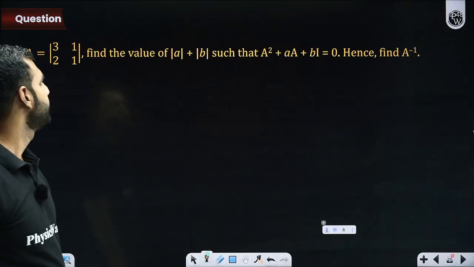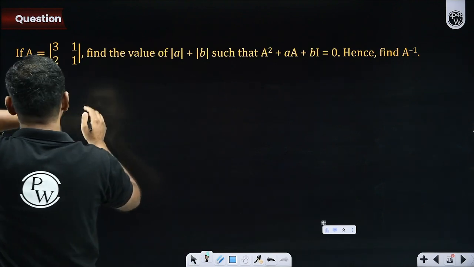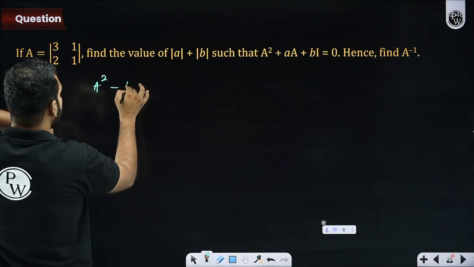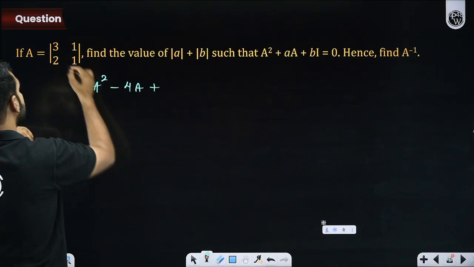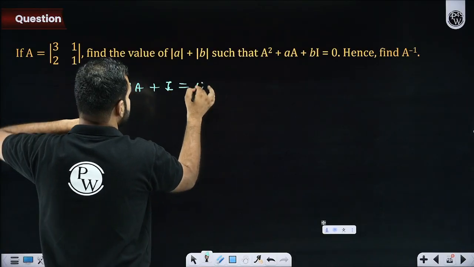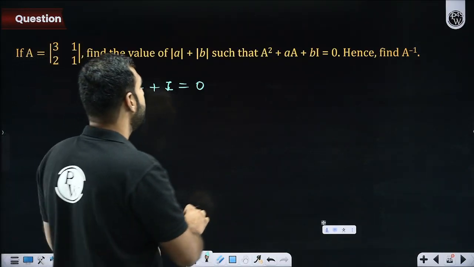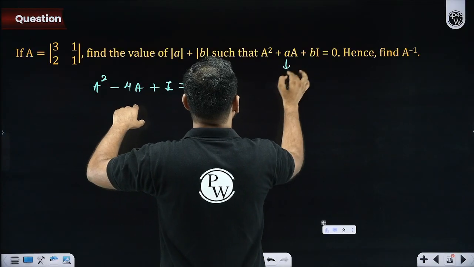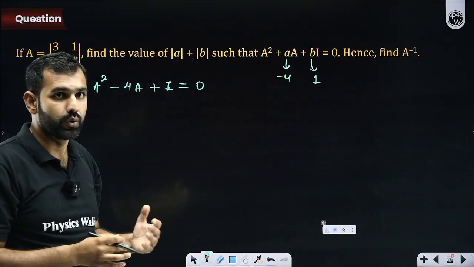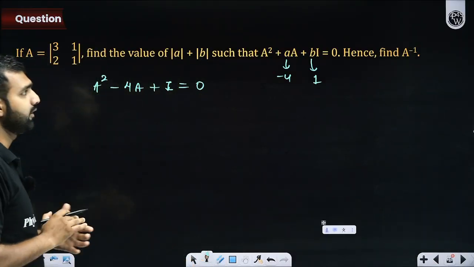that by yourself? I hope you know how to write it for a 2 by 2. Everyone, be very quick. It will be given by A square minus trace of it, which is 4, plus determinant of it, so 3 minus 2, that is 1. So 1 into identity matrix, that is how you get its characteristic equation. By comparing it, A will be minus 4 and B will be, of course, 1. Although you don't have to do it, you know that it will be trace, and this will be determinant.